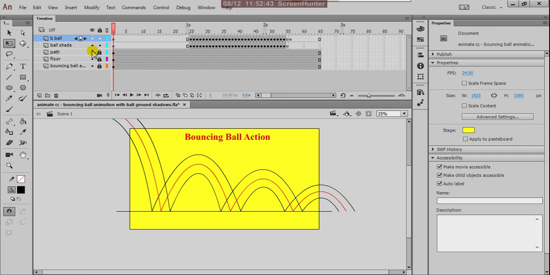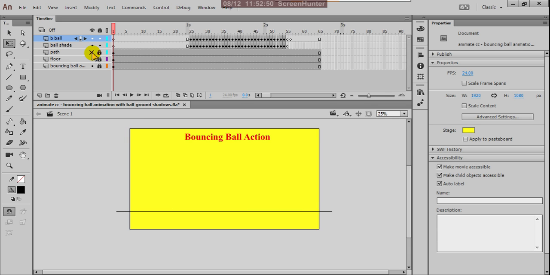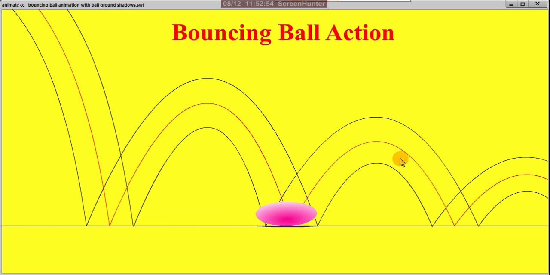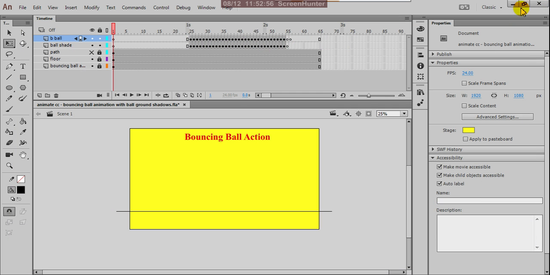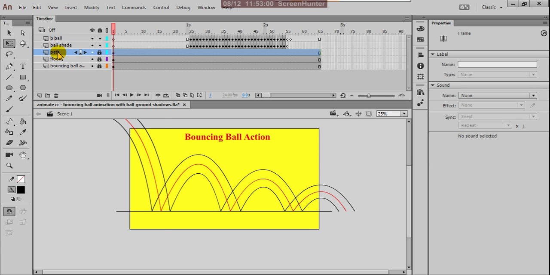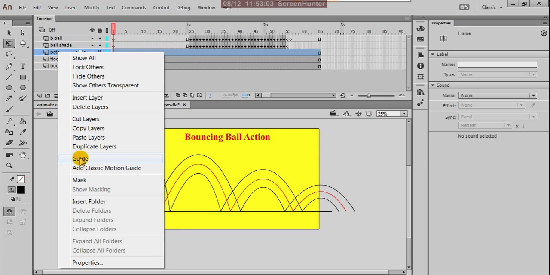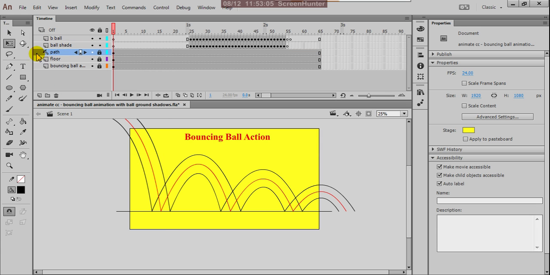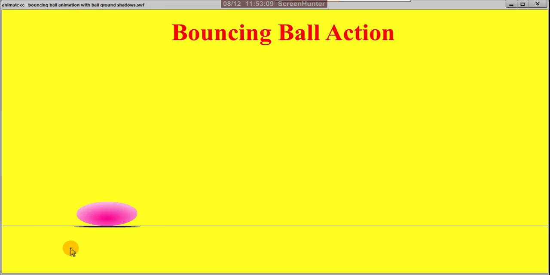For that, see here in the layer, even if you switch off the visibility, in control enter, in the final animation preview, it is showing. To avoid that, what you do, on that layer right click and add guide. See, the guide means this symbol is showing. Now it is not coming into your final animation.